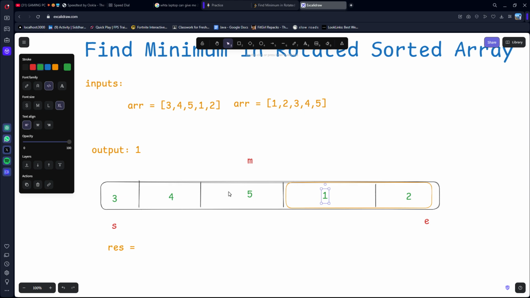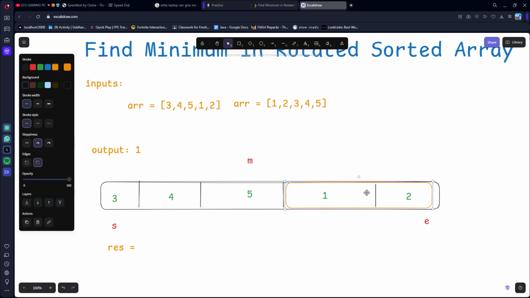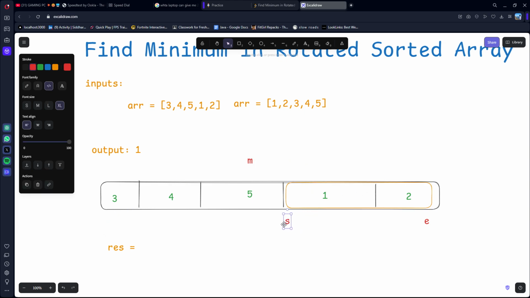Okay, this is what we know. This logic is only to find where the middle element is, that is, which part of the array the minimum element is in. After we move the start pointer to this part, we're not going to use this logic again. Instead, we're going to check if the starting element